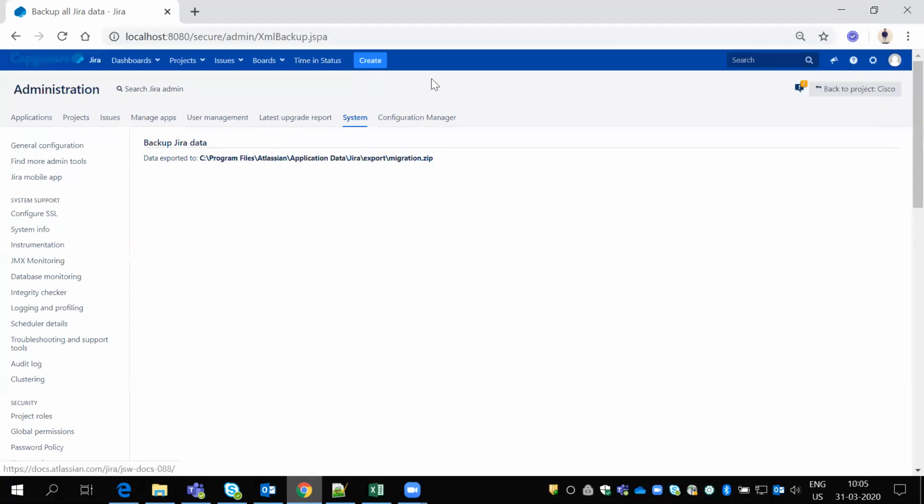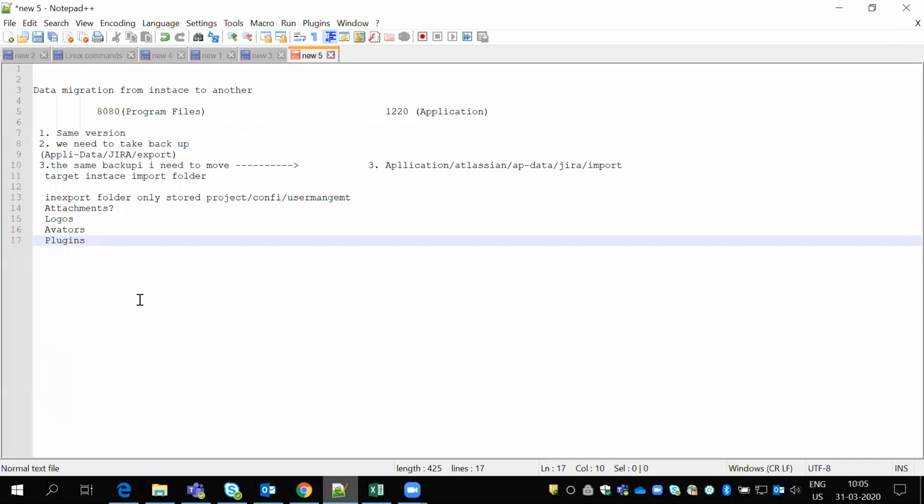I also mentioned I'm using manage apps. How do these plugins, with their exact plugin configurations, come over the same way? Projects, project configurations and user management are moved through this backup.